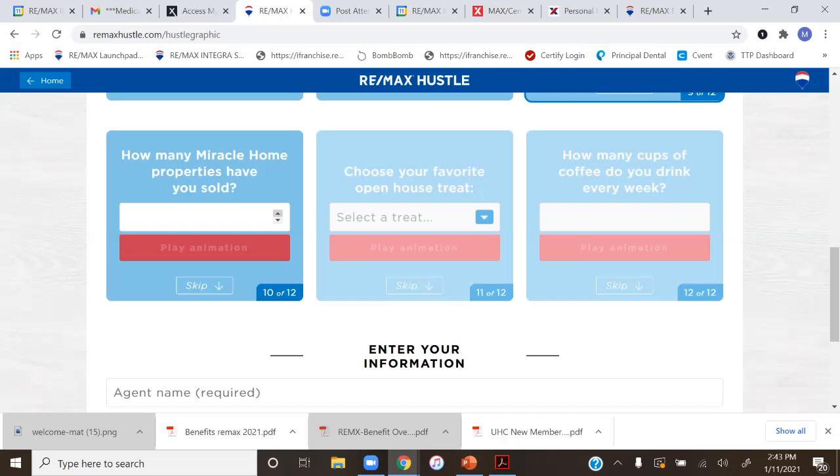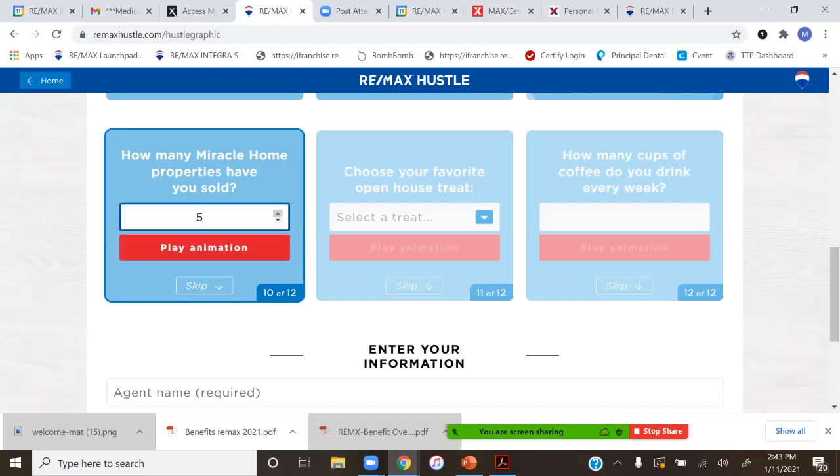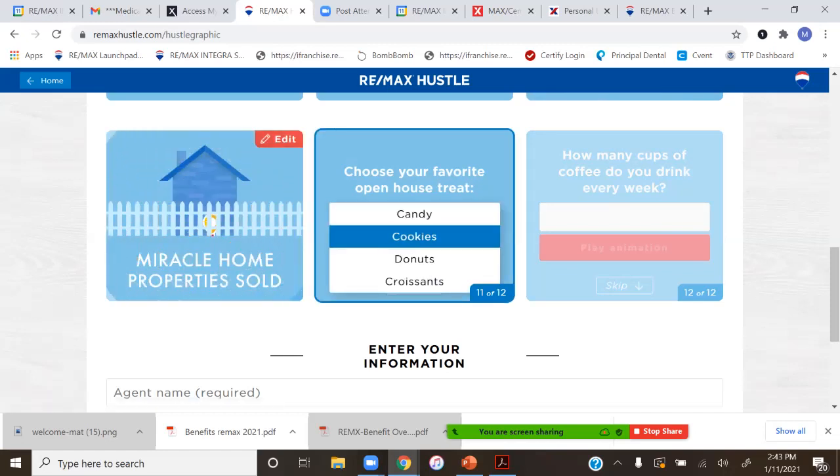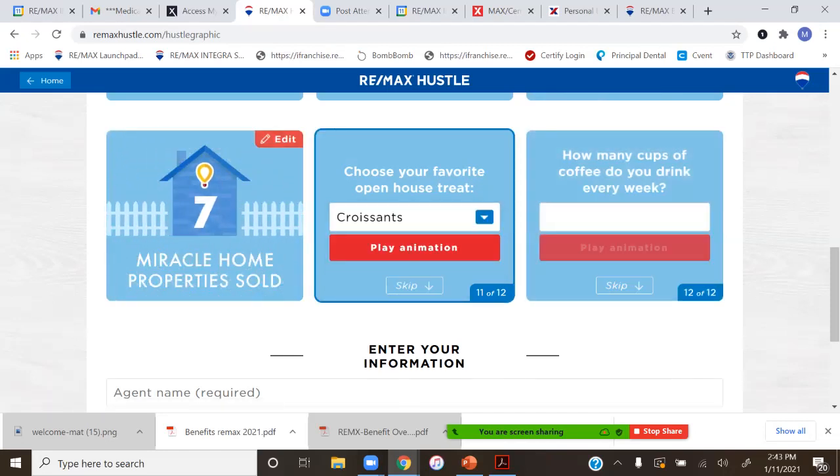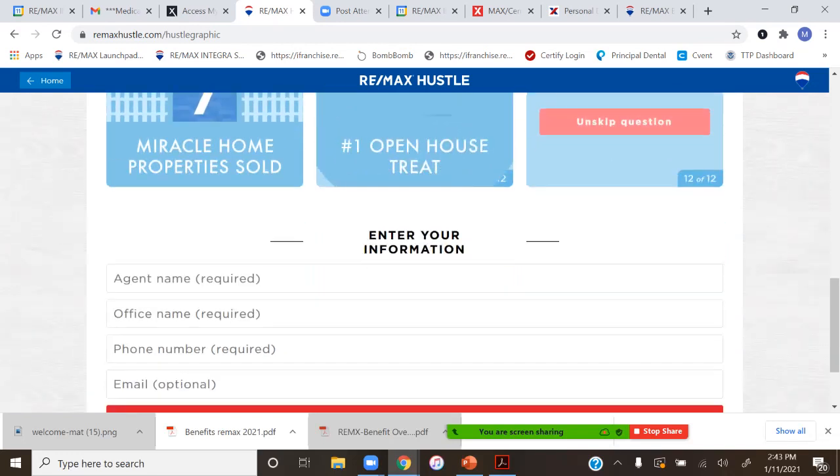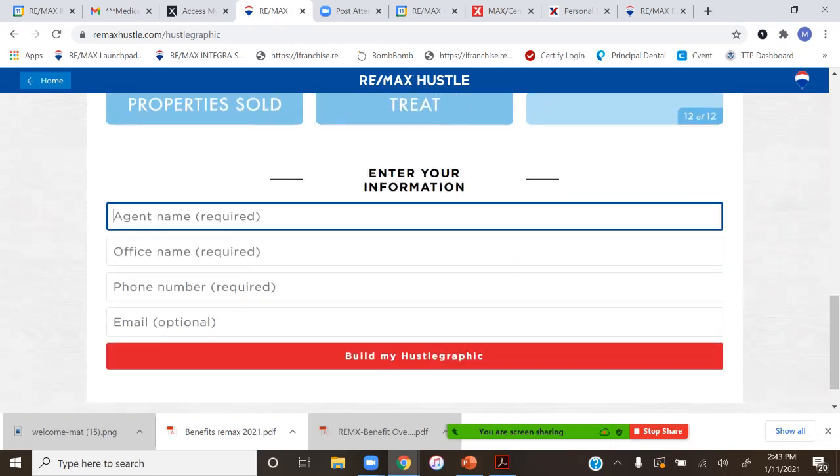So there is a demographic out there who would make a decision to work with somebody who gives back to the community over somebody that they may not tell them they do. They still may, but if they don't identify it, then that consumer doesn't know, and that may just tip the scale in your favor. What's your favorite open house treat to serve? And nobody cares how much coffee you drink. Okay, so then you just simply fill in your name,